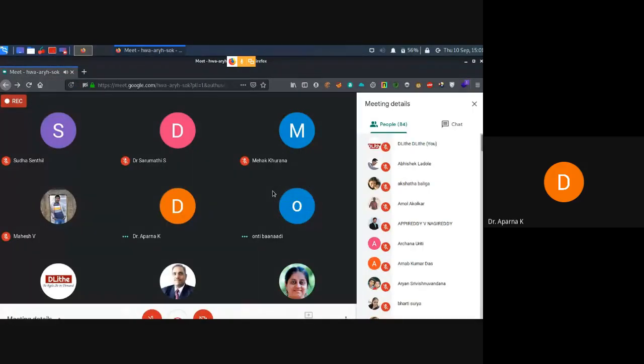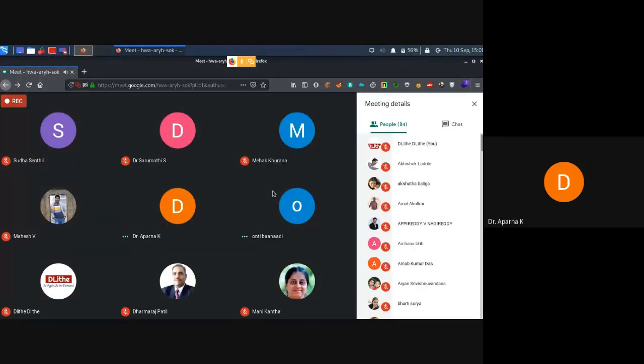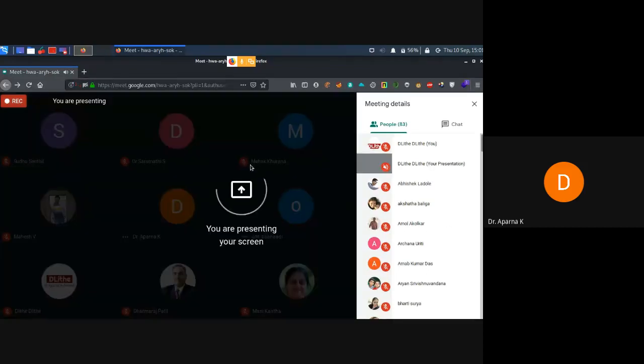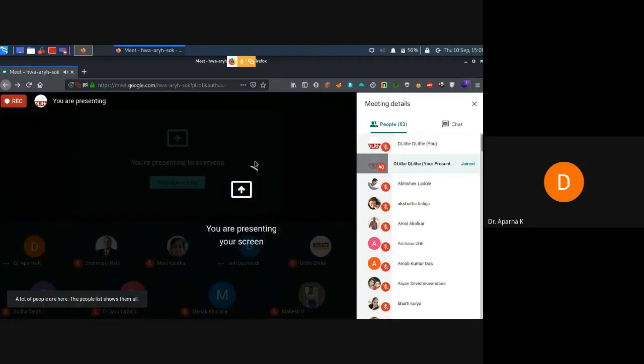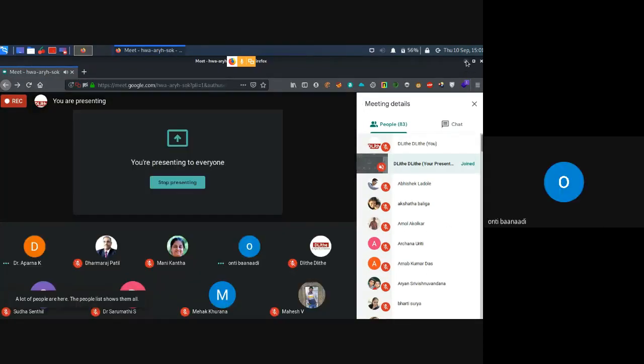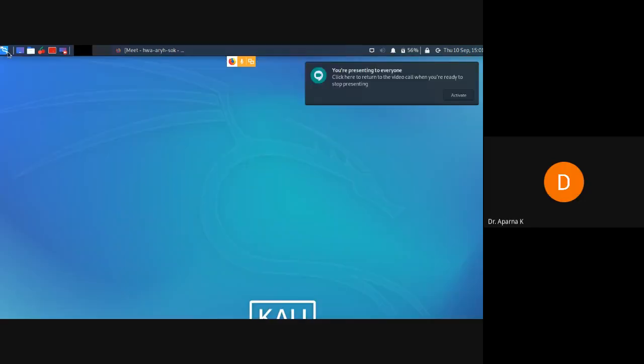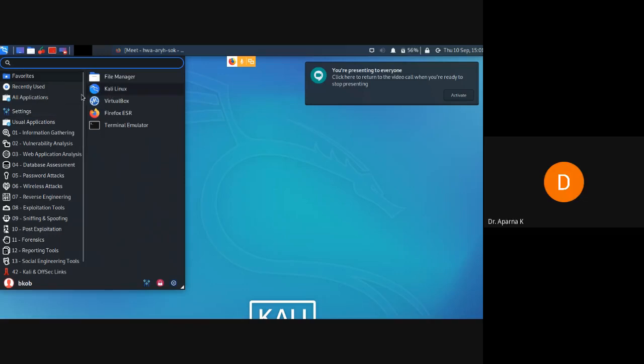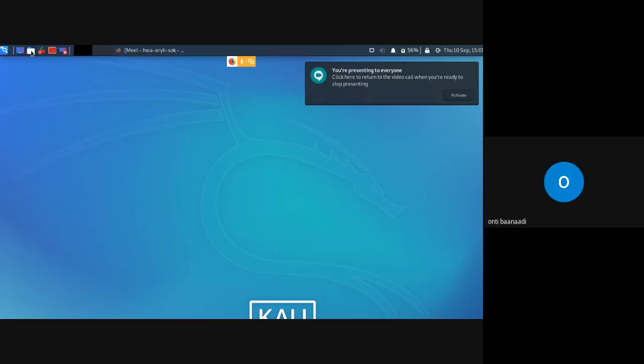Can someone confirm whether my screen is visible or not? No, sir, I think it's loading, probably. It's visible now. Should be seeing a blue screen, right? Okay, let me use my terminal for that.